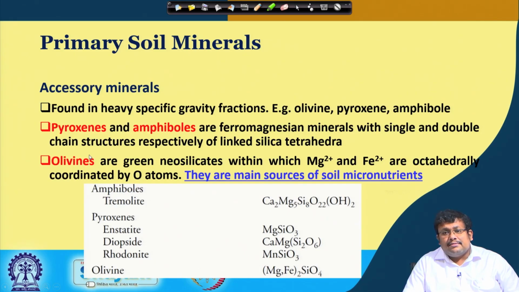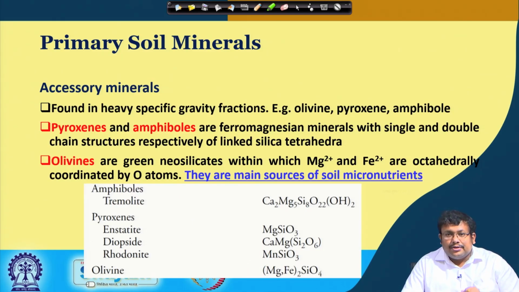It is a green nesosilicate within which the magnesium and iron, since they are ferromagnesian minerals, are octahedrally coordinated by oxygen atoms. And remember one important fact, that these ferromagnesian minerals are the major source of magnesium and iron in the soils, and remember